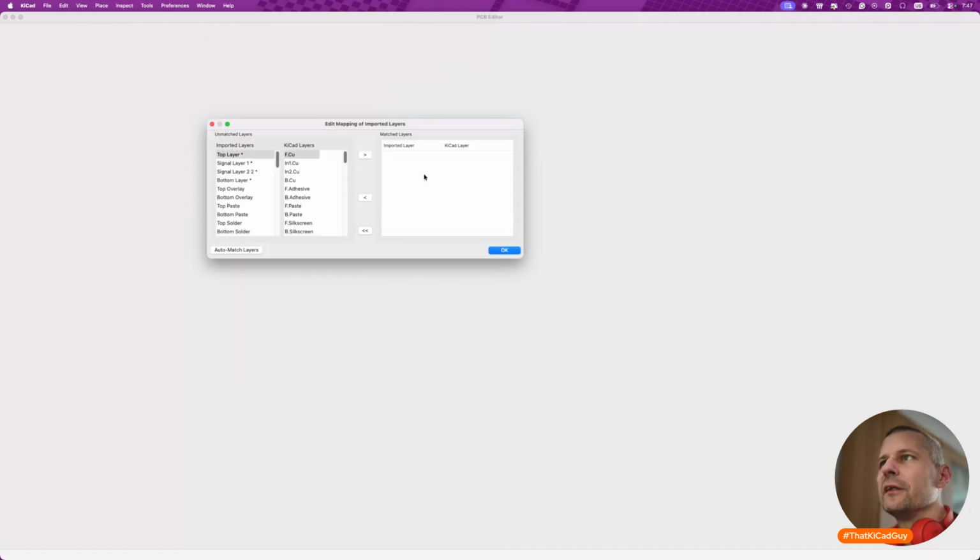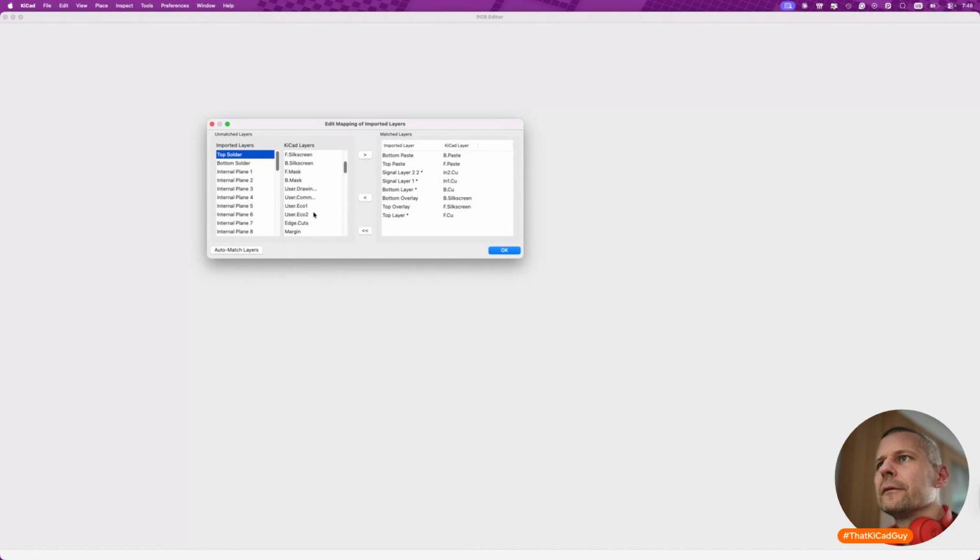Yeah. PCB, we don't need it, but yeah, if they ask kindly, I will assign. Top layer is front, top overlay is front silk screen, here. Bottom overlay is bottom silk screen. Yeah, I hope I'm right. Bottom layer is bottom. Signal layer 1 is in 1. Signal layer 2 is in 2, top paste is front paste, bottom paste is bottom paste, top solder is